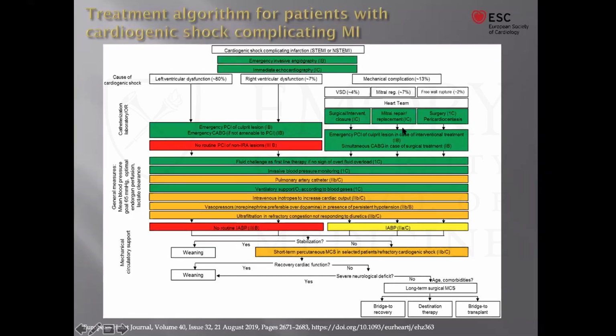So you need to get a CT surgical or structural heart evaluation early on. And then there's a lot of things we talked about, in terms of whether it's LV or RV, hemodynamic monitoring, the type of pressors. We're going to prefer norepi over the others. And then if patients are not responding, balloon pump can help if you have nothing else, and you can get the balloon pump in very quickly. But if you have a pathway to getting a more sustained mechanical support device like Impella, if it's selected patients in a center that has good experience in doing these safely, then you may get benefit.